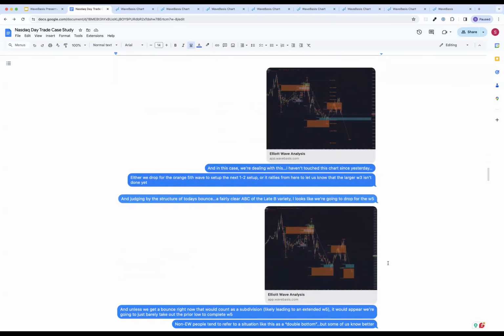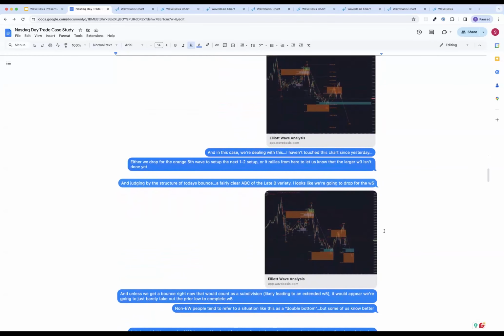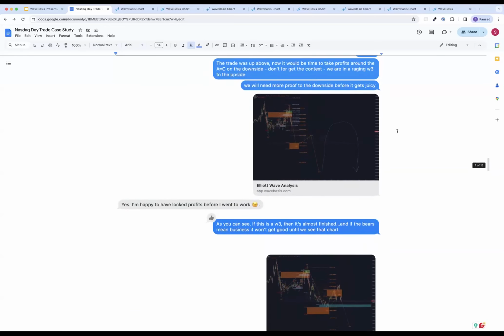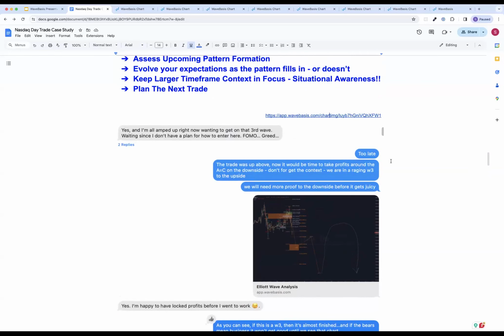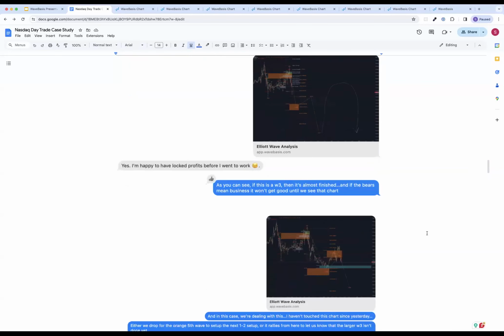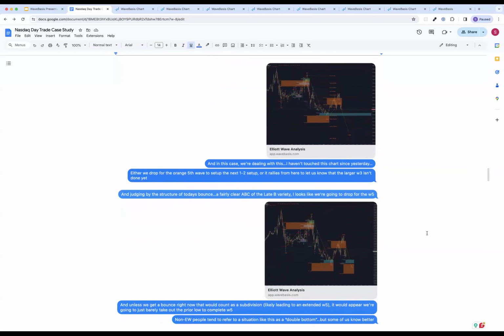I'm not going to go through all of these charts. We watched this play out. We did get the bounce about from where we would have expected it to here. But I will point out that for me, when we got that bounce, did I show? I'm not sure. No, I didn't keep that chart in here. Hopefully you can see it on here.